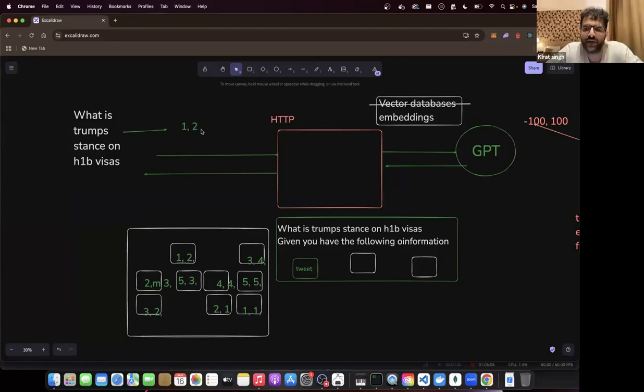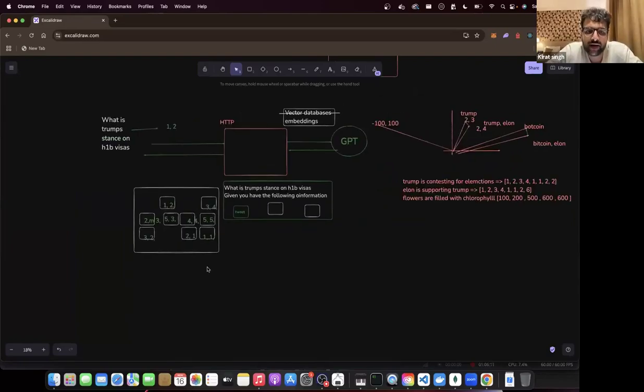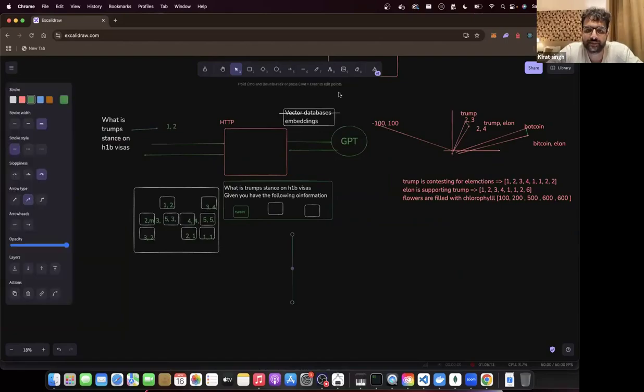Which one is closest to this? If the final embedding vectors that you have created look like this, one is here, one is here, one is here, one is here. All of them are talking about a bunch of random things. All vectors pointing in random dimensions. This is not 2-dimensional. It is, let's say, 100 dimensions, so you won't even be able to see where it is going. But let's say your knowledge base looks like this on a graph.